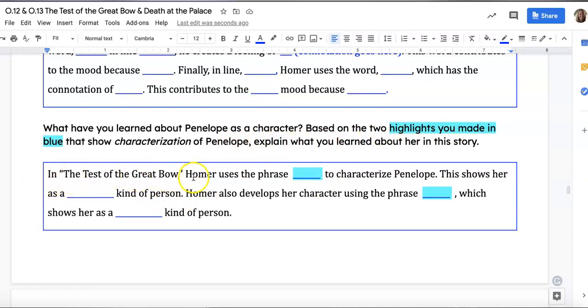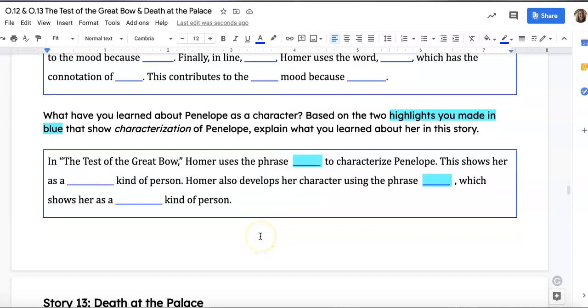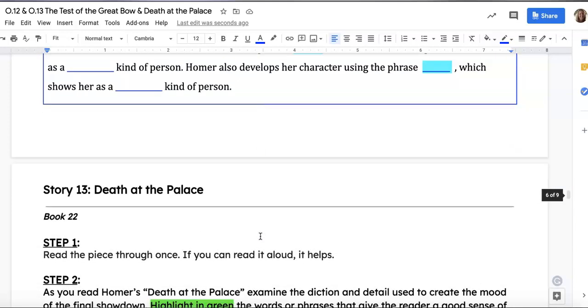In the Test of the Great Bow, Homer uses the phrase, and you'll tell me one of the highlighted parts, to characterize Penelope. This shows her as a blank kind of person. Homer also develops a character using the phrase, and you'll tell me your second highlighted phrase, which shows her as a blank kind of person. Super simple. When you're done with that one, the Test of the Great Bow, you're going to move on to